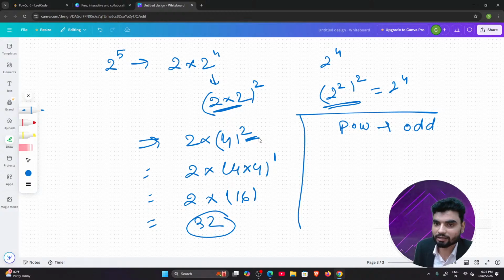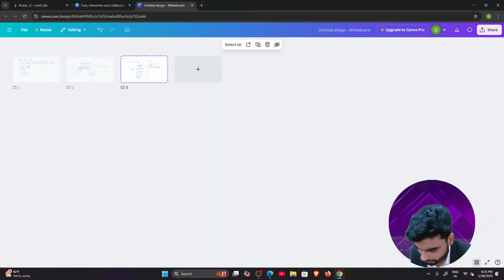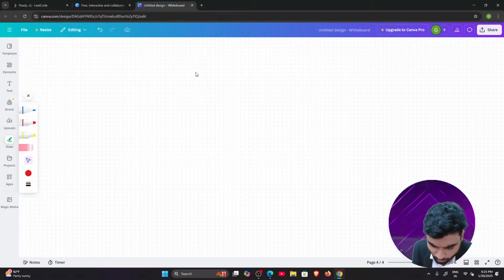That will calculate and optimize a lot of steps. Now the problem we could face is time limit exceeded, which we will not face as of now, right? So now I'm taking another example. I hope that will make more sense to you.